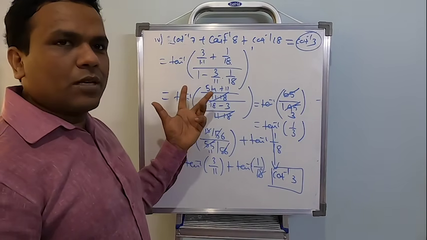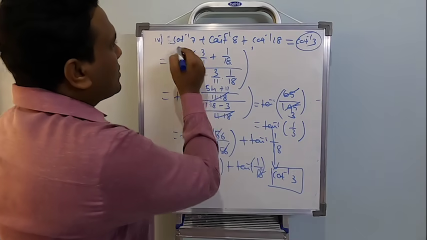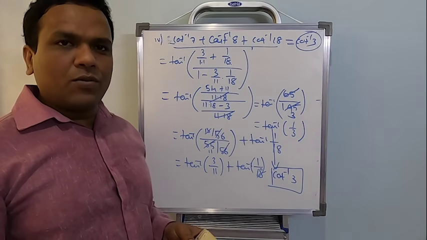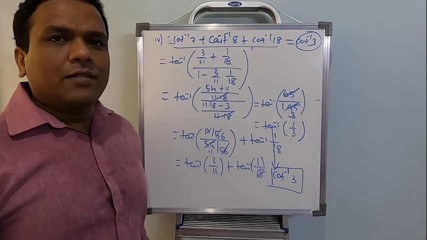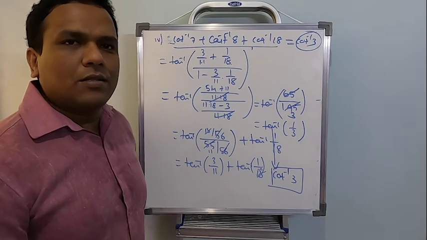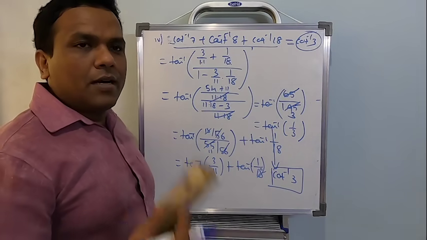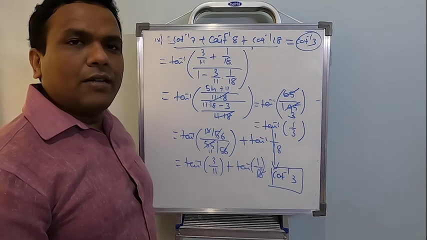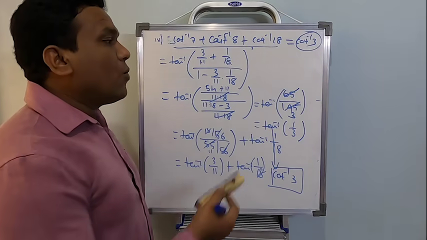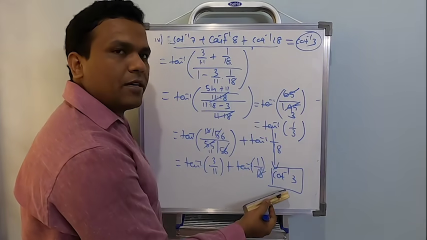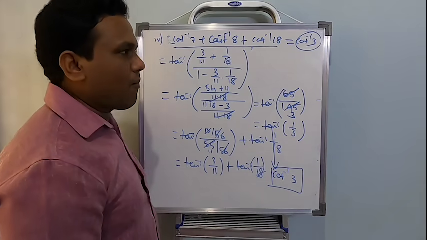So combine the first two terms. As I said, first thing, notice everything is in terms of cot inverse. Suddenly we will get a shock actually. What we have studied is everything in terms of tan inverse, and suddenly cot inverse. Not to worry at all. I said you can convert cot inverse in terms of tan inverse, solve purely in terms of tan inverse, and whatever I get should finally be converted to cot inverse. So it's so simple.